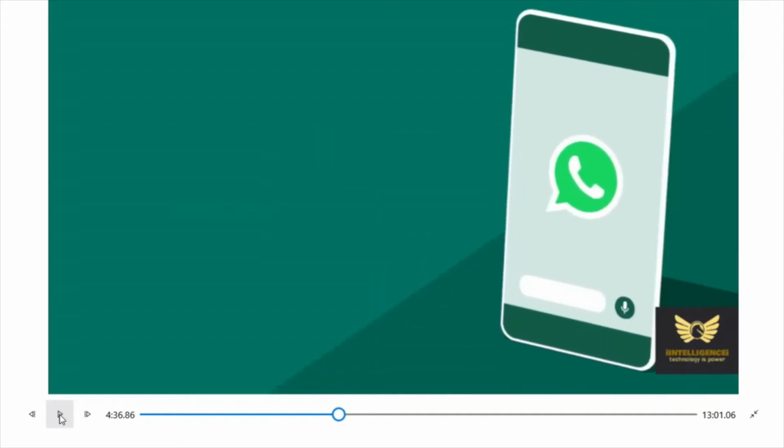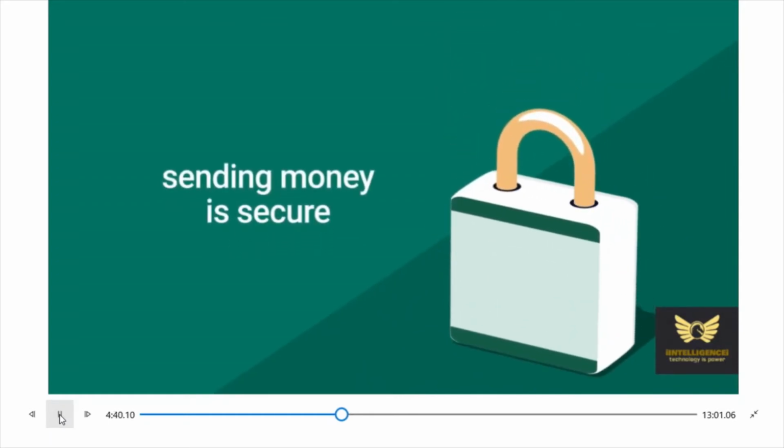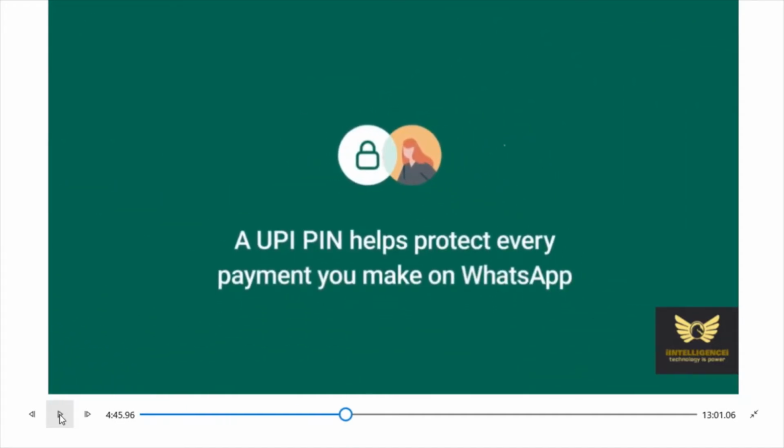And with payments on WhatsApp, it is highly secure. Sending money is secure. A UPI pin helps protect every payment you make on WhatsApp.